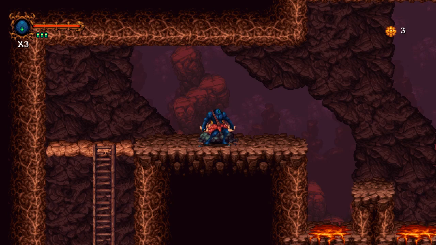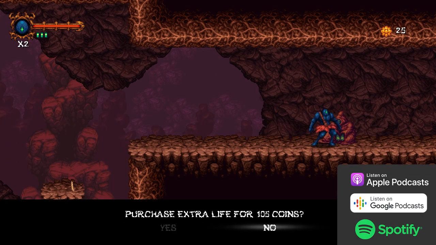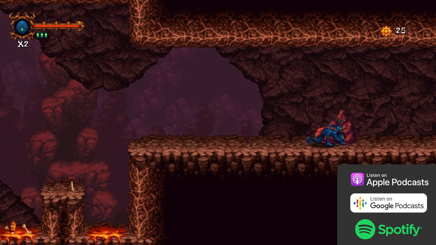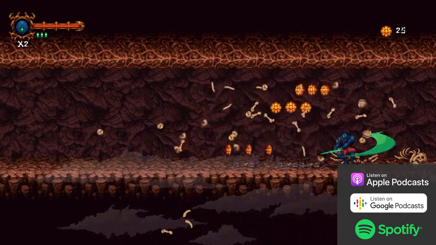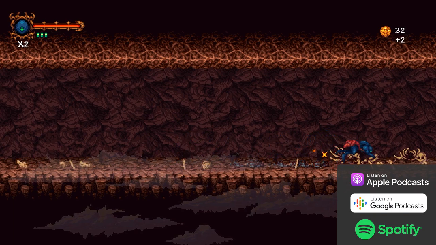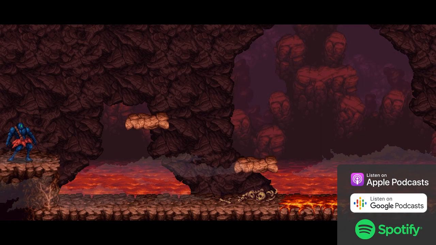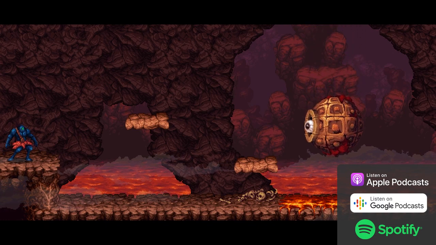But ultimately, we took out the iframes because it ended up making the game too easy. You could just roll through enemies. We originally didn't have any damage when you collided with enemies. Only if they actually attacked you would you get hurt. But again, the game just felt too easy. You could roll through every enemy. So we took out that aspect of it. And now the roll functions as a speed boost. You can use it to speed up your traversal, and you can also use it to break breakable objects. So it still functions as a defensive move in that you can roll away from enemy attacks faster, but you can't roll through enemy attacks.